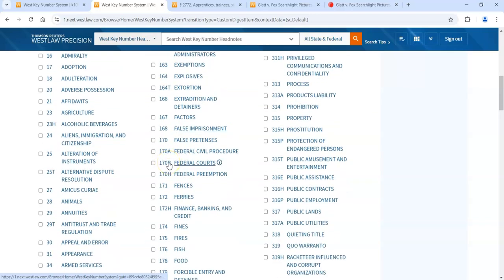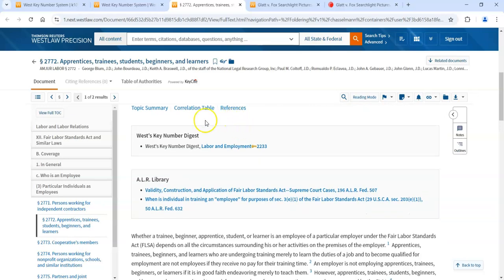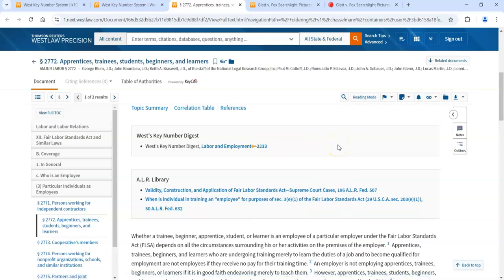Finally, you can find topics and key numbers referenced in secondary sources published by West. For example, here is a section of American Jurisprudence. Note here the reference to the West Key Number Digest and relevant topics and key numbers. However, one of the more efficient ways to find a relevant topic and key number is through the headnotes of